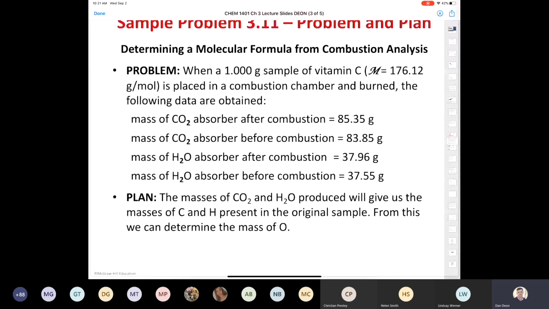So it says here, if you have a 1 gram sample of vitamin C, and it gives you the molar mass of vitamin C, you put it in a combustion chamber and you burn it. You get the following data. It says you get a mass of carbon dioxide after combustion, the mass of carbon dioxide before combustion,